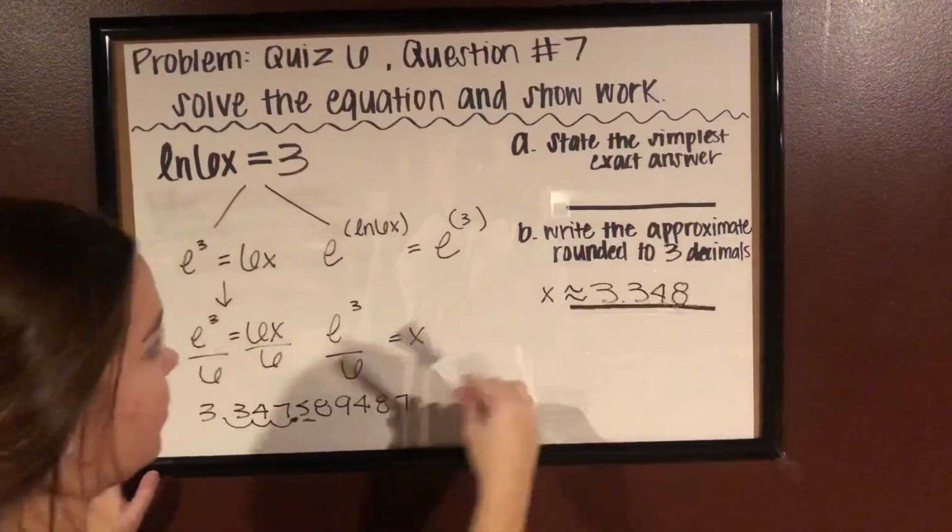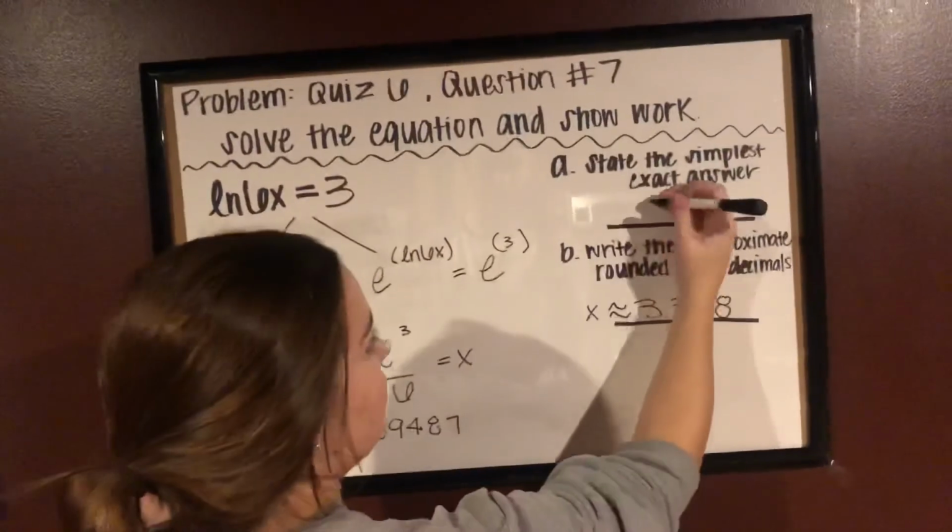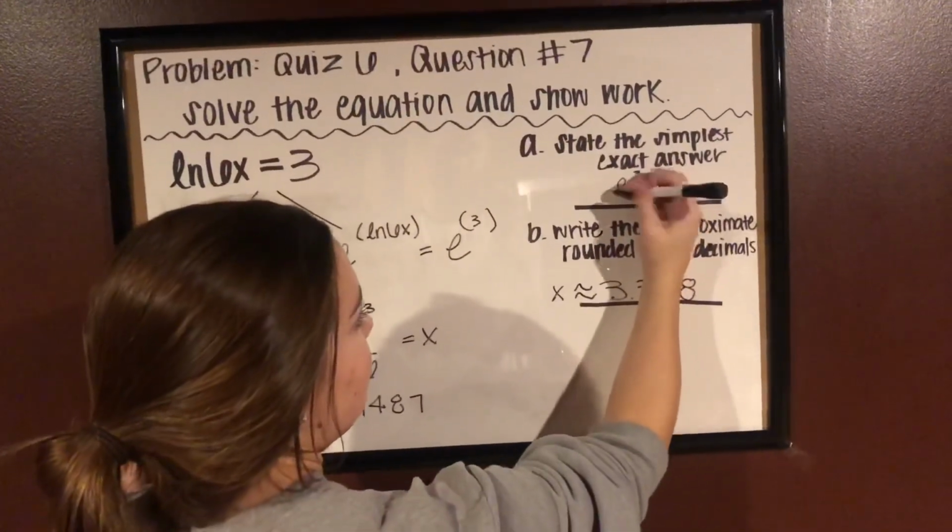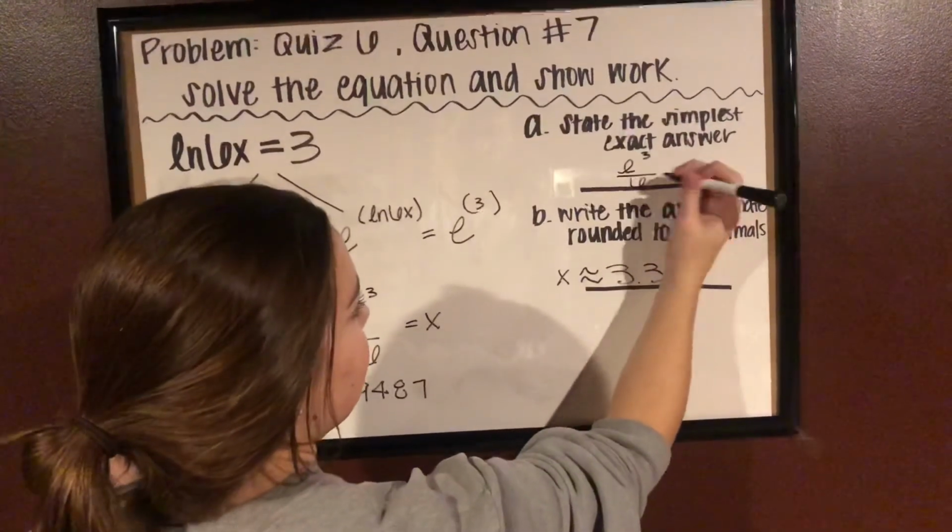And then the simplest exact answer would be e to the 3rd over 6 equals